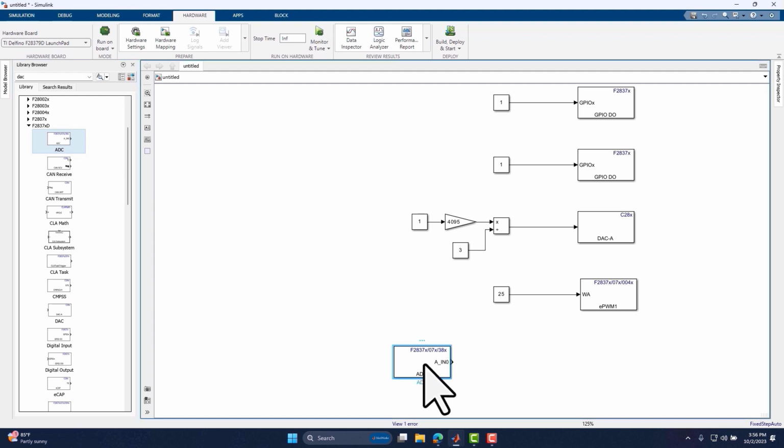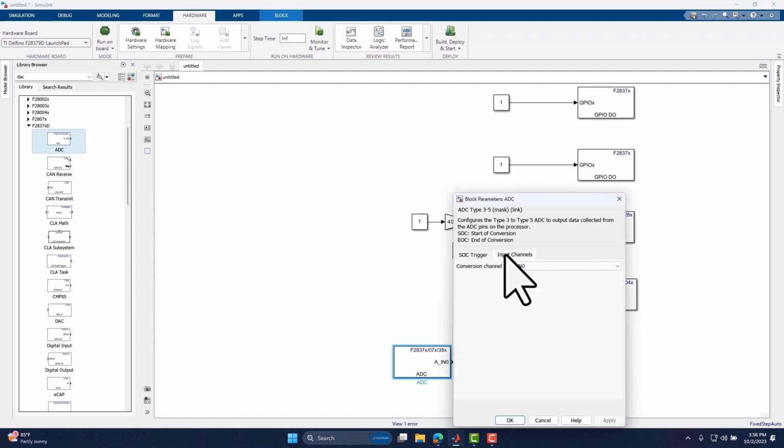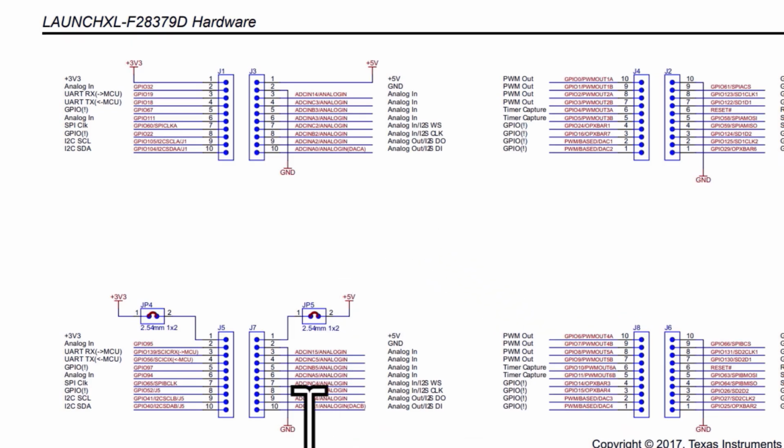Just like the other blocks, we need to configure the ADC block with the ADC channel we want to use and provide an input voltage to the ADC pin that we can read from the hardware. I will be using the ADC A1 pin for this demo, and for the external input to this pin, I will short it with the DAC A, which we use to generate the analog signal. So this way we can check if we are able to read the same voltage on the ADC input just as we see on the multimeter connected to the DAC pin.